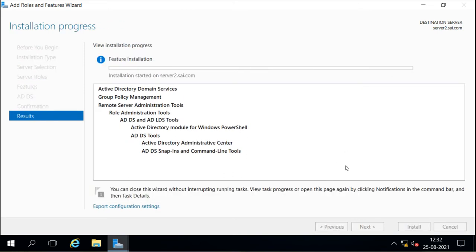Now after installing it, we will configure this as a child domain. It is the same as creating a first domain, only that you will select the other option, to be a child domain. It will take a little time to install.